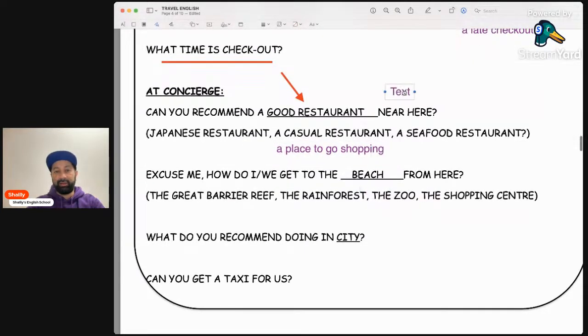So what I would say in that situation, just to recap for everyone, Supergirl is asking, sometimes you've arrived early and you want to use some of the facilities. In this case, Supergirl wants to use the pool. So she's arrived early. She cannot check in yet, but she wants to use some of the facilities like the pool. So again, here we're always going to be using a can or could question.